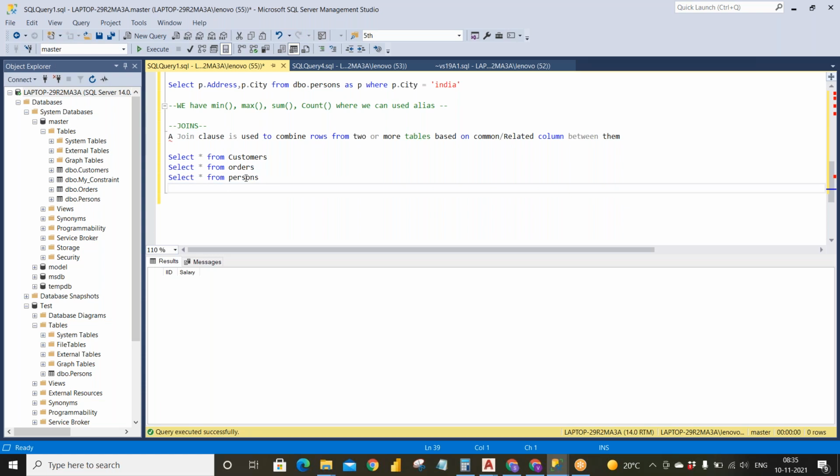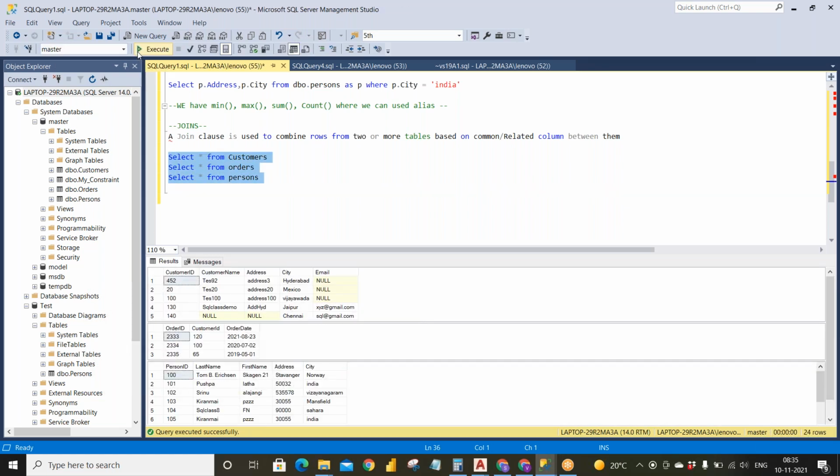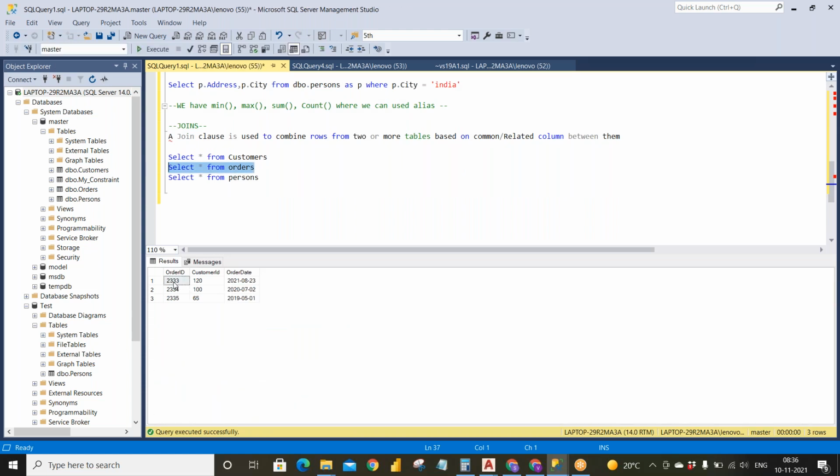Okay, so there are three tables over here. Let's see. Now what I wanted to know is this particular order in the orders table, the address of this particular customer.